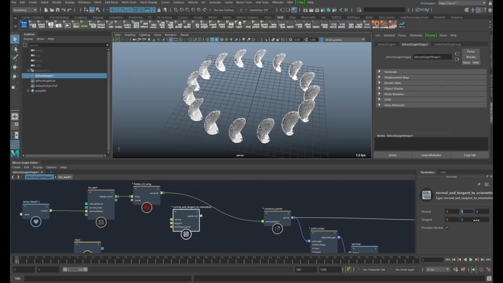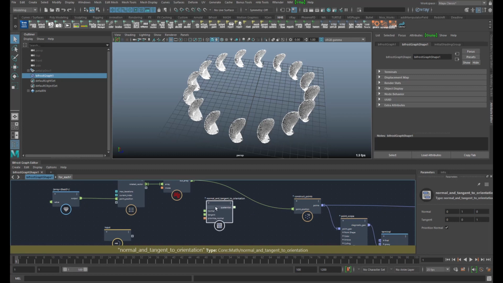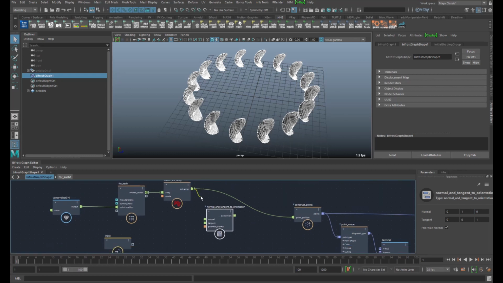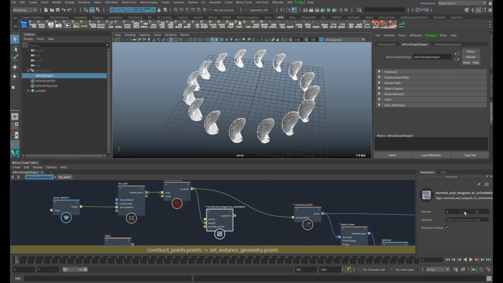And as a tangent, we're going to use the point position, because the point position itself is a vector. If you think of it in terms of drawing a line from that point to the origin. So we just take the point positions here as a tangent. The normal is set in the node, and out comes our orientation.